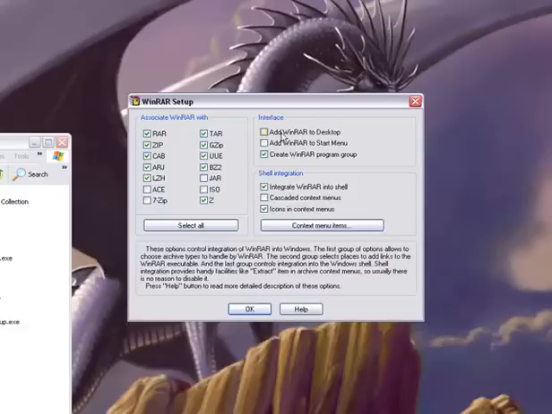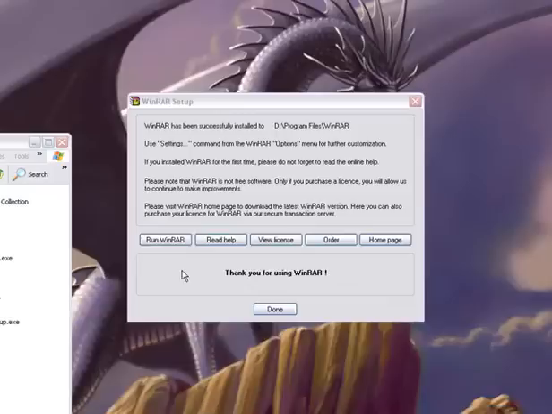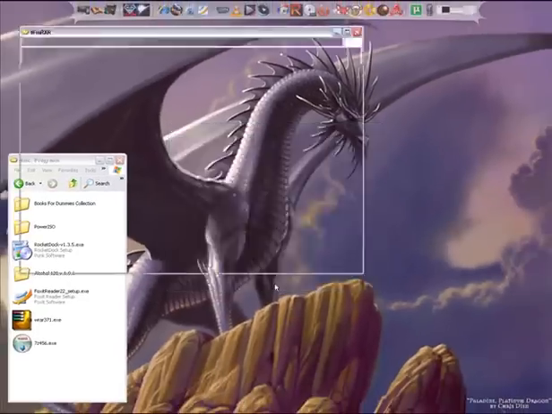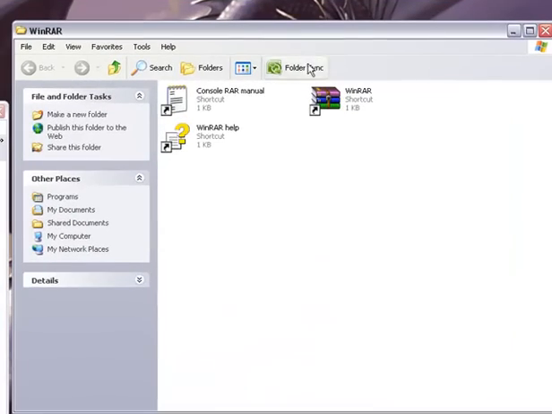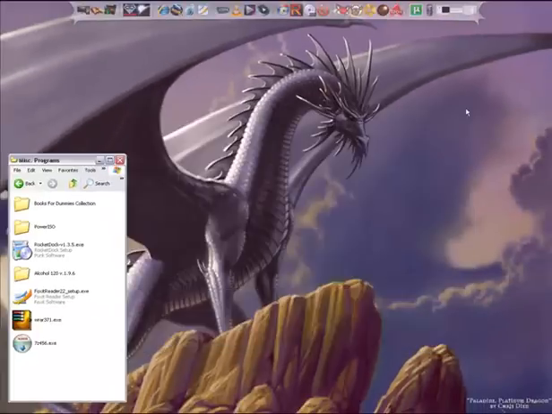You can add a shortcut to your desktop or your start menu from here, or just create a program group, which is in your programs menu in your start menu. So we're just going to leave that like that right now and click OK, and it's already been installed. It was just asking for other options, so we'll click done, and it shows you the folder that the files are in for WinRAR right here with a couple shortcuts. So we can just go ahead and close that out,